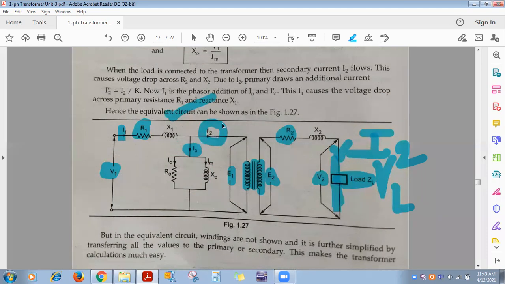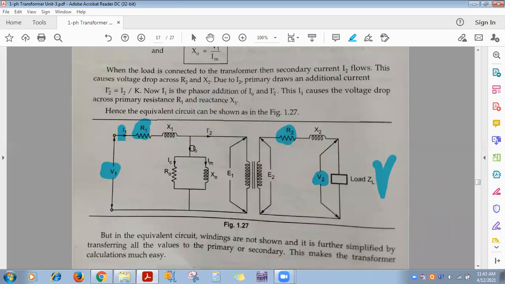Why have I shown I1 dash there? Because it was flowing in the primary. So you can represent it as I2 dash. So I2 dash is that current. And then what happens? The flux produced by this is in the opposite direction to phi2 and of the same magnitude, so both cancel. So the resultant flux in the core remains constant. So this is the additional current which the transformer takes in proportion to I2. And this is then obviously the no load current, I0.